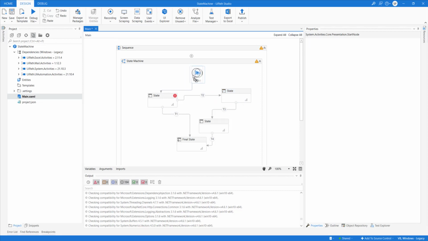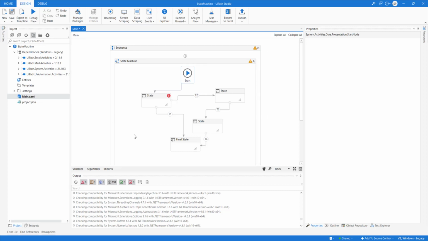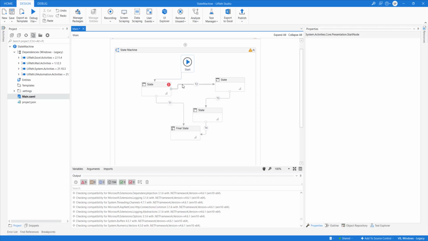I'm trying to explain here how navigation, or how control, goes from one state to another state. The arrows that you see here, T1, T2, T3, T4, are the transitions.